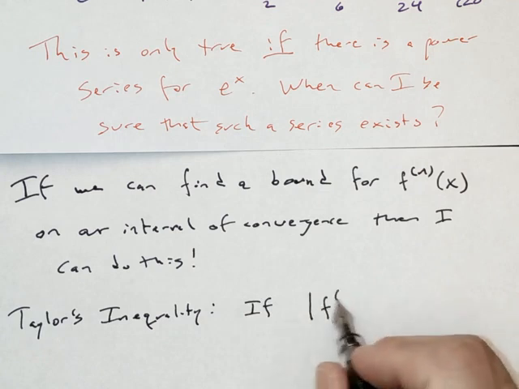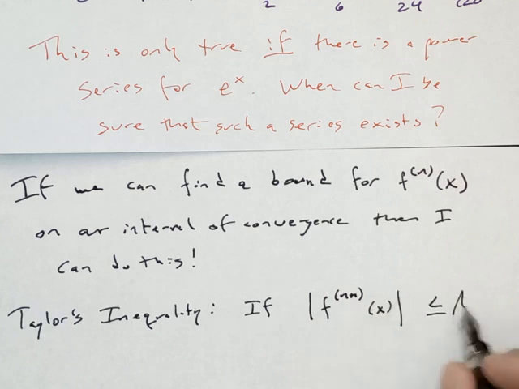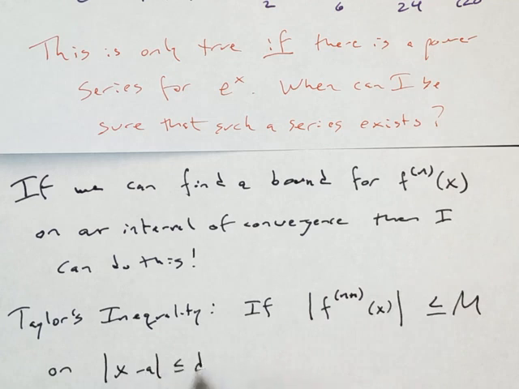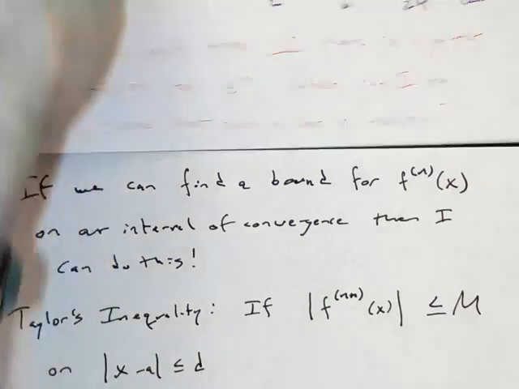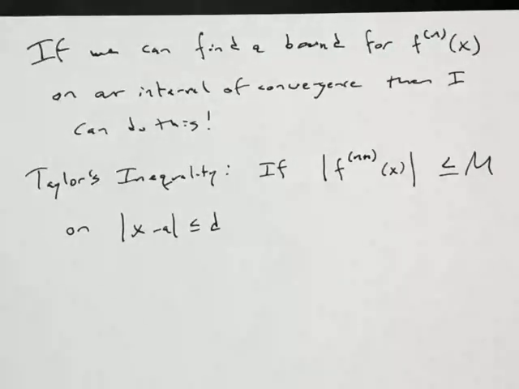Actually, he went a step further and looked at the n plus first derivative. And he said, we'll look at some interval centered on our series center. So look between negative d and positive d, to the left and to the right of our center. And he said, if we're bounded there, then